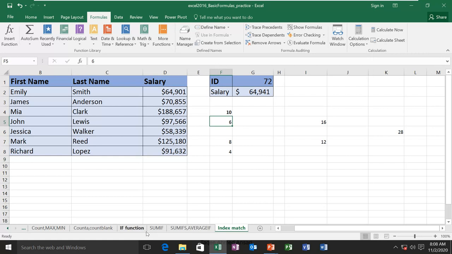Calculate the active sheet, because if you have multiple sheets, you can calculate only a particular selected sheet, or you can calculate the whole workbook. Right now I set it to manual. Now when I change these values, 10, you see it is not changing to 20. It is not changing because I disabled it. I set manual calculation, which means it is not automatically reflecting here and here. So I have to do it manually now.